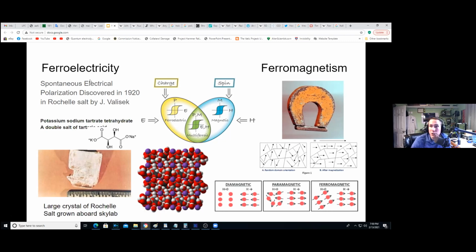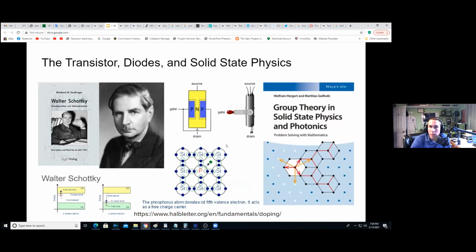And then ferroelectricity is kind of like the analog between ferromagnetic and ferroelectric. It means it becomes electrically polarized within a field if you apply a field to it. And these curves right here, see these curves? Those are called hysteresis curves, and we'll get into those in a second. We'll talk about those because they come into play.